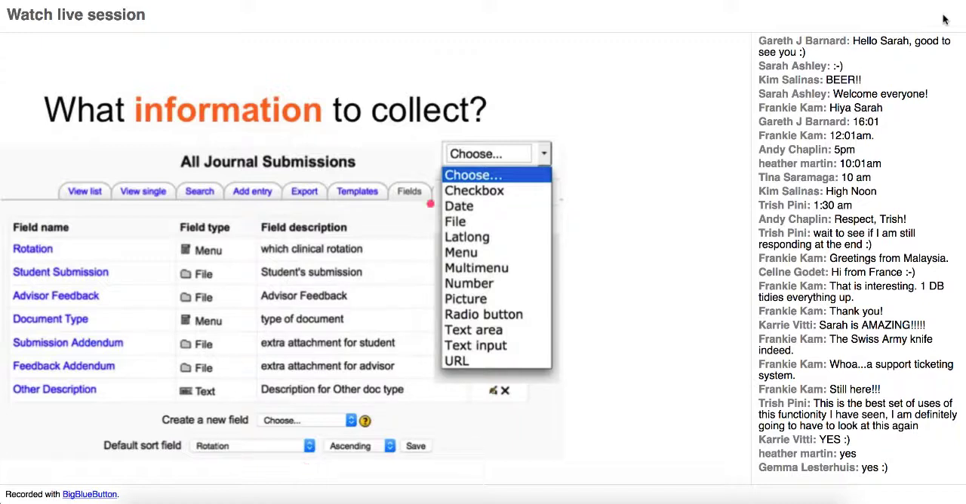Okay, so on the fields tab, you can add so many different fields. You can see I've put a little screenshot of that there. You have checkboxes, you have files that they can browse and find, you have menus, number fields, text areas, URLs, pictures. Okay, so you can create an image gallery. Okay, so these are the different fields you can add. You decide what information you want to collect and add them in. Okay,